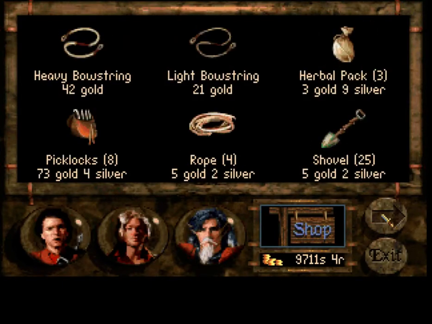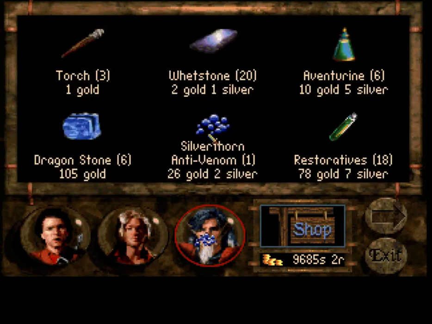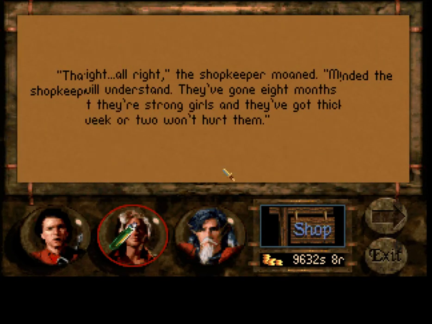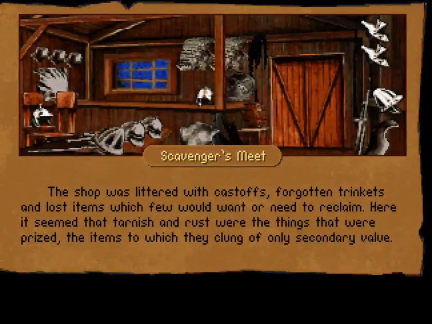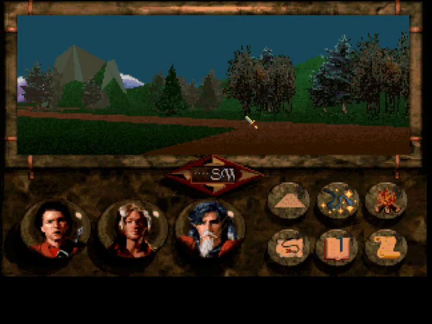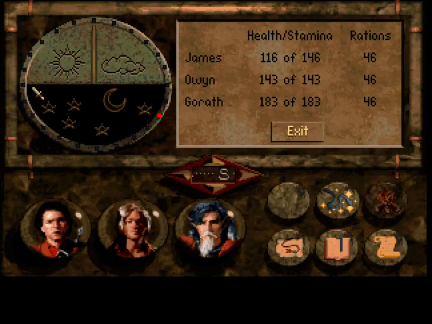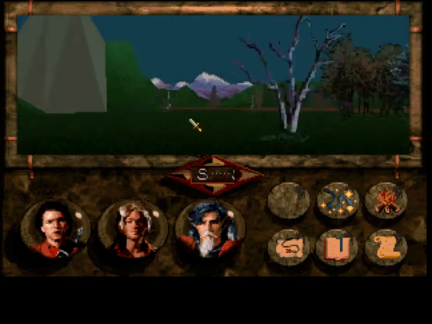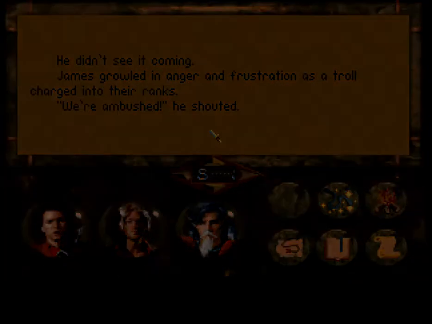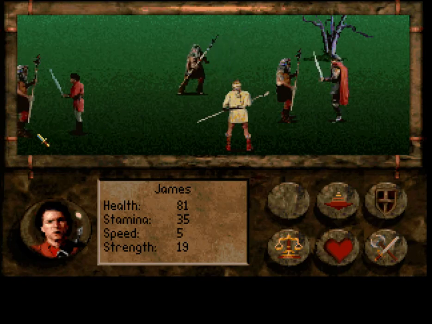And yeah, scavenger's shop. Much better price on the rations here, and a definitely better price on the Silverthorn anti-venom. Hey, we might need it. Yeah, the restoratives price is way better. He didn't see it coming. Thankfully, it's trolls, so we should be able to handle this pretty easily, because I do still have...